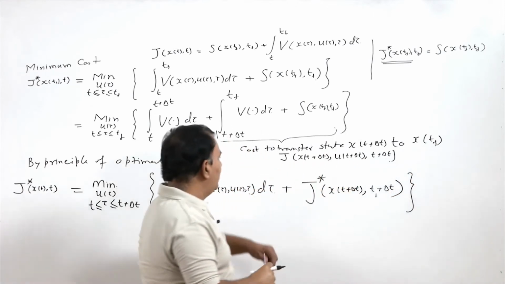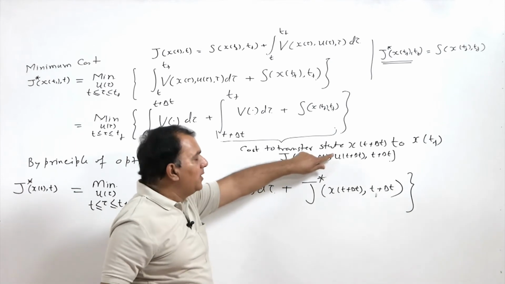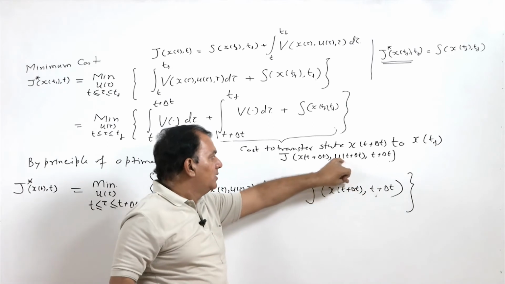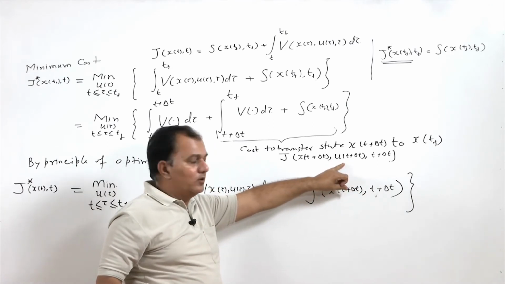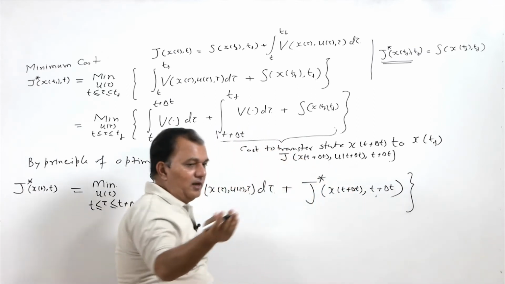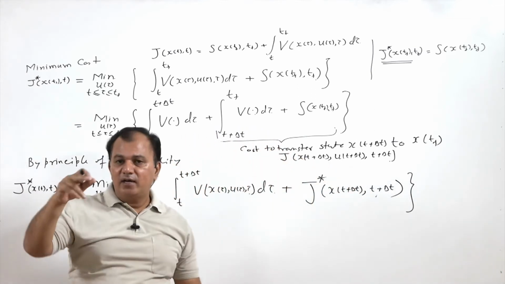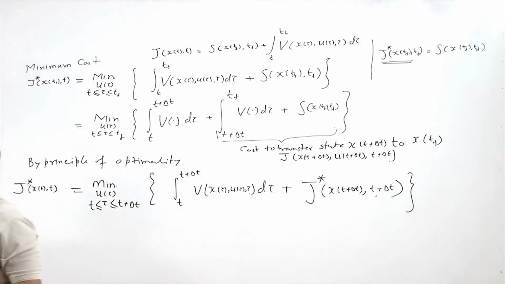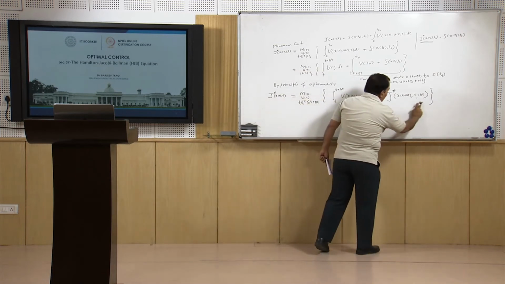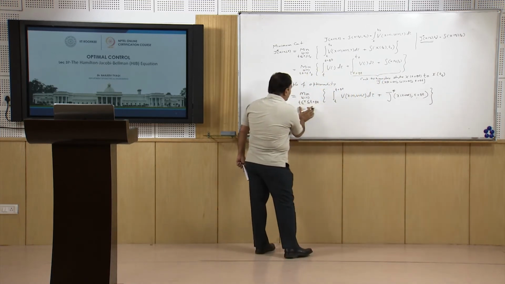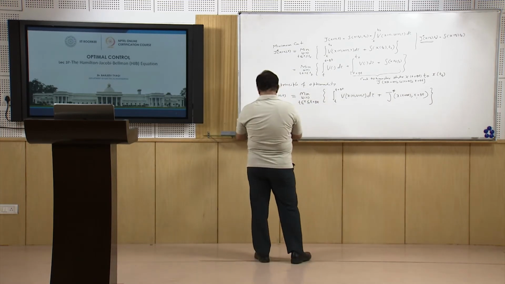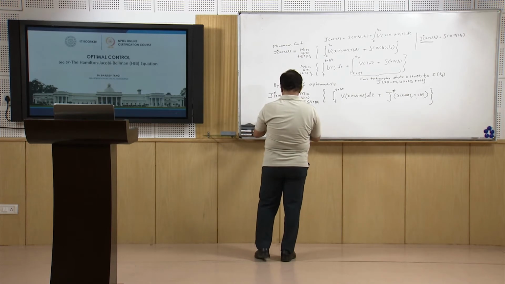So, at this stage I have already minimized with respect to u. So, this J star is independent of my u. But this x will be x(t + Δt), where we have considered f(x, u, t). So, this is my f. This means my whole expression will still depend on u(τ) between the time interval t to t plus Δt. So, this is my minimum cost.